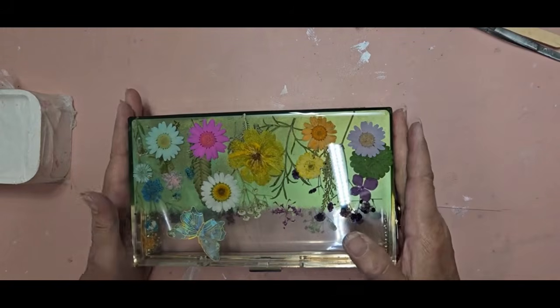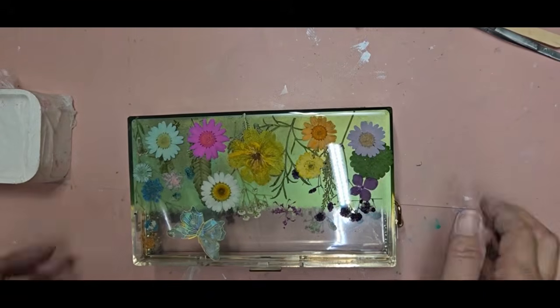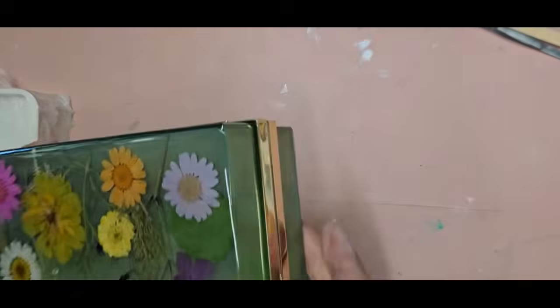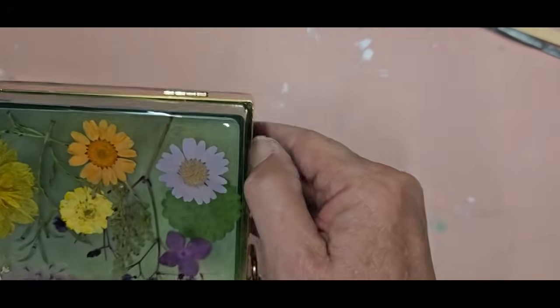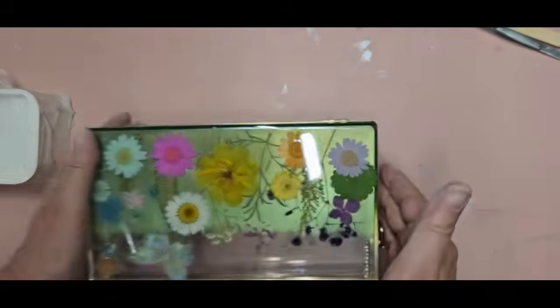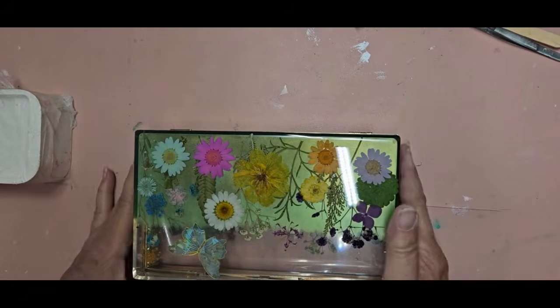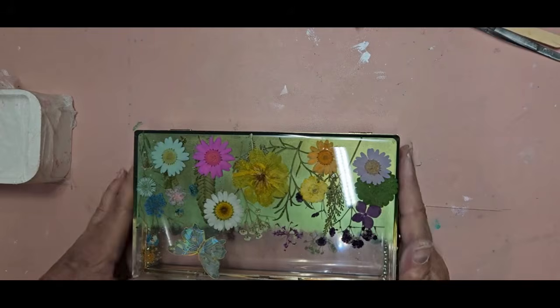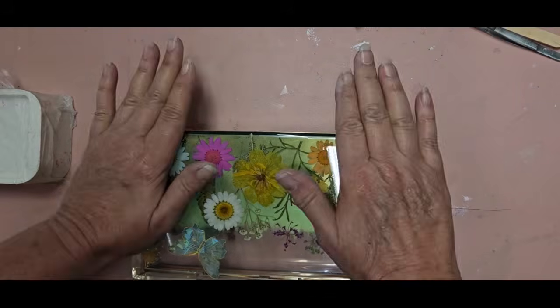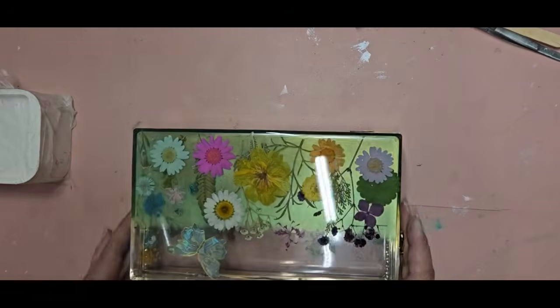I'm disappointed in this gap. Look at this. Look at this gap right here. See that? That's a big gap. That's the frame. Well, I wouldn't be getting $185 for that. I guess I'll just try to center it. So I'm going to let this dry. But actually, I could say